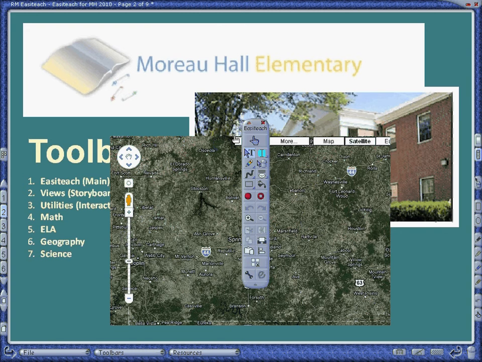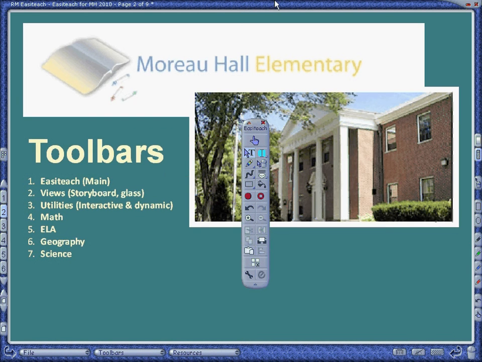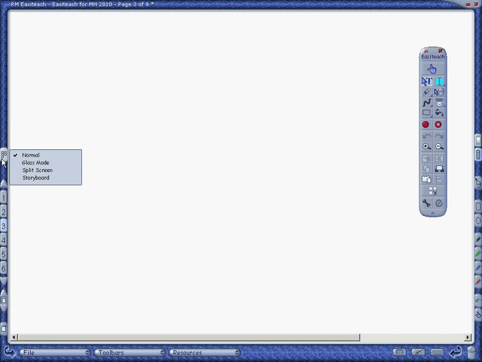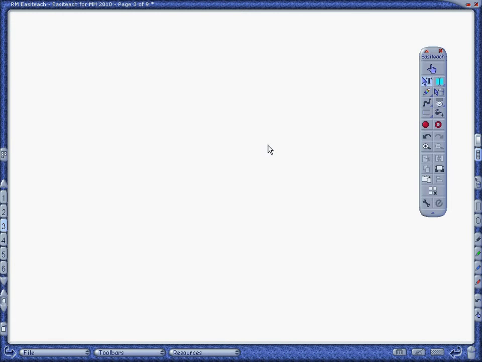So that was storyboard, and the previous one was glass mode, which I typically use to grab images. Now, one of the most useful and really dynamic and interactive and exciting toolbars is utilities. If it's something cool, it's probably under utilities. First, I want to show you